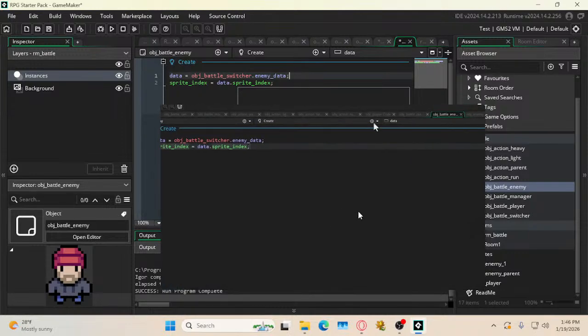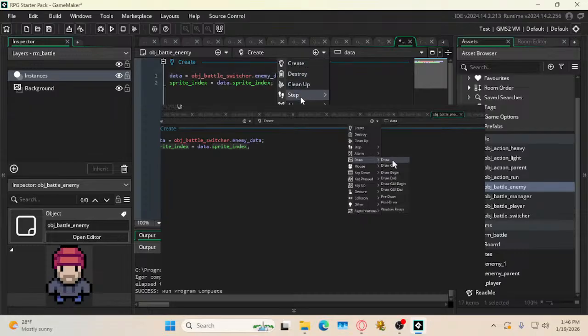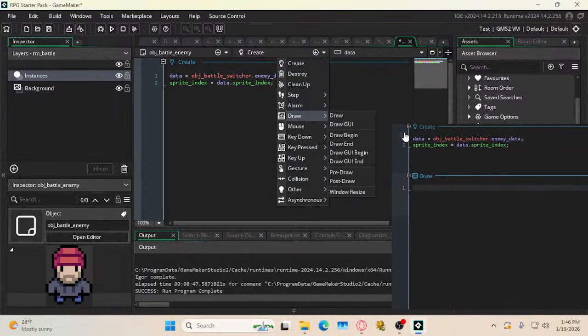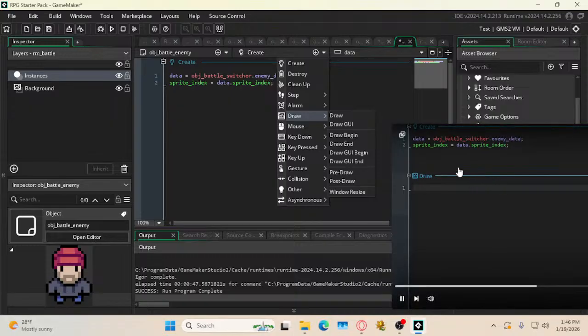I'm gonna go into the events and under draw add the main draw event. This is where you can draw anything in the room. Now when you add a draw event,